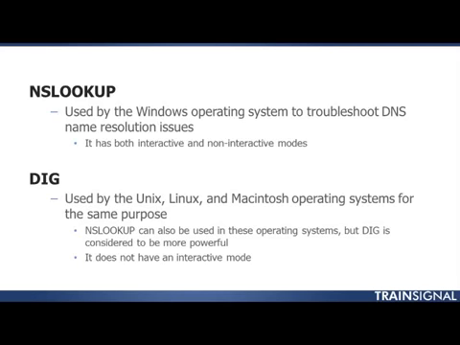What this means is you can go to your command line in a Windows environment and just type NSLOOKUP, and it will take you into the NSLOOKUP prompt. Okay, you won't be in a normal command prompt anymore. And then from there, you can type different commands that work within the utility, or you could type out an